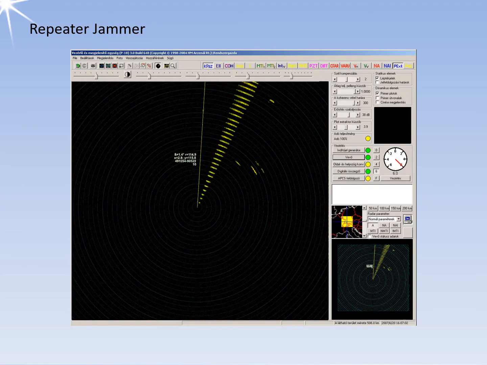Repeater jamming is a type of deception that relies on confusing or deceiving a radar system, causing it to display false information. This technique involves sending back a boosted version of the signal received from the radar, which is stronger than the radar's own signal and captures the radar's range gate. In most cases, additional target signs are generated at different ranges so the radar cannot detect the real target.